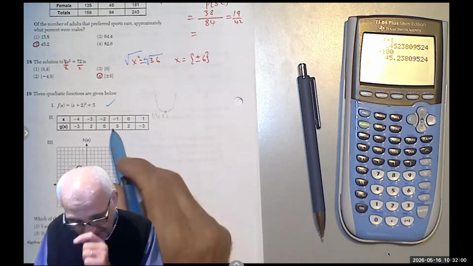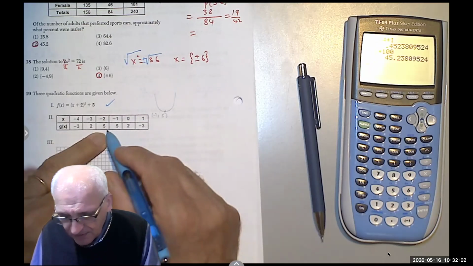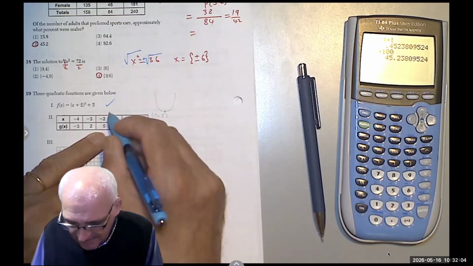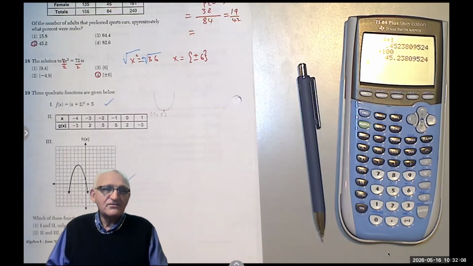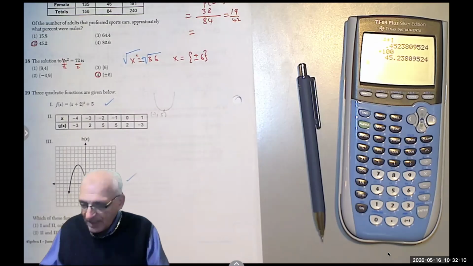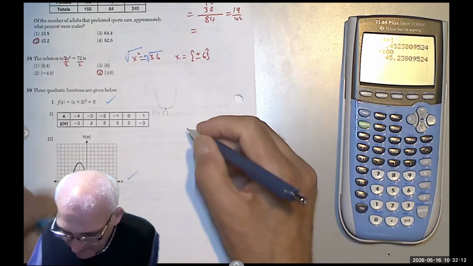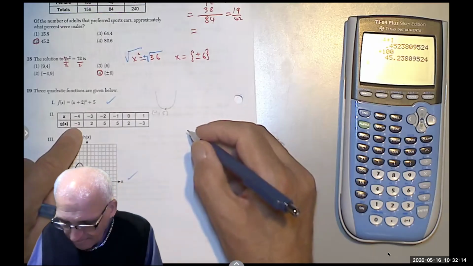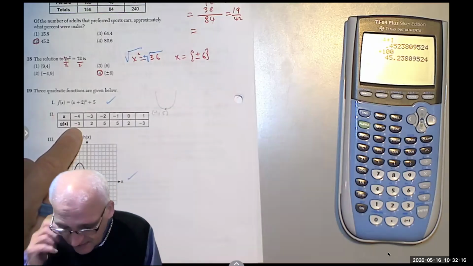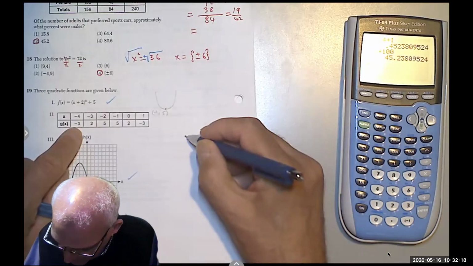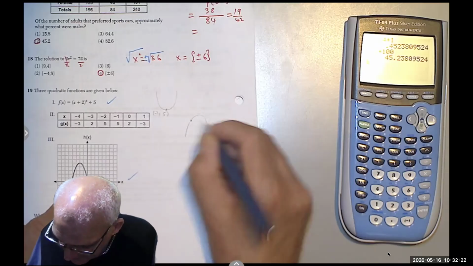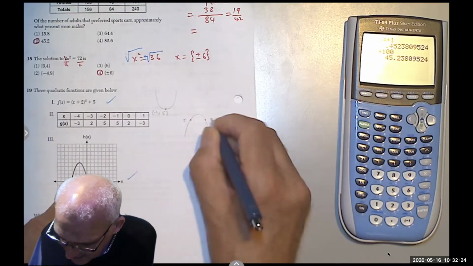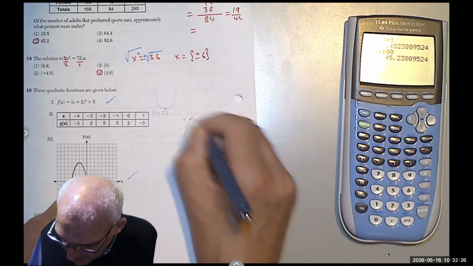So the vertex occurs at -1.5, and it must be slightly higher than 5. It cannot be 5. Why? Because if I have a parabola that looks like this one, if this is 5 and this is 5, then definitely the vertex is